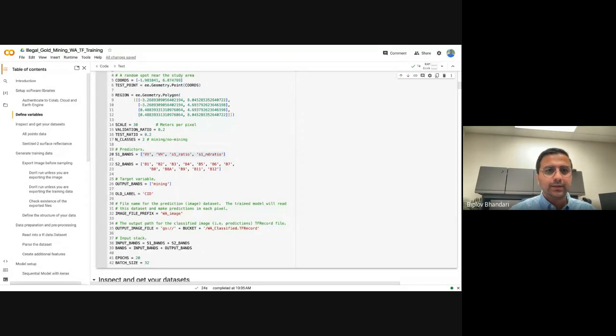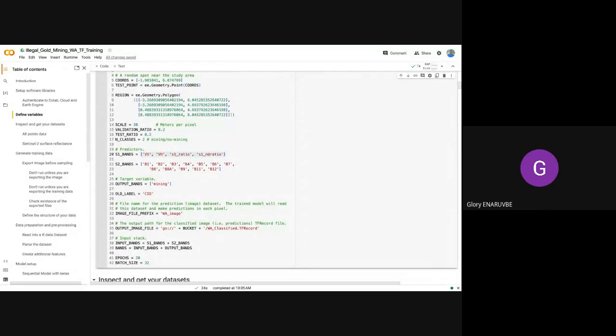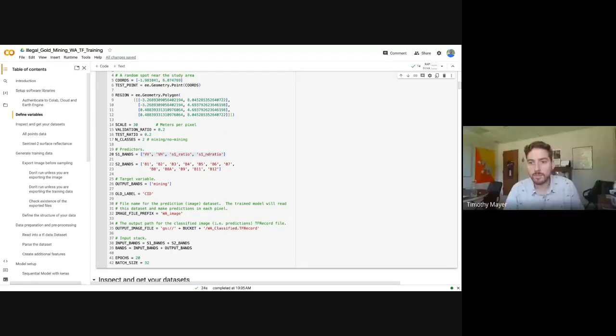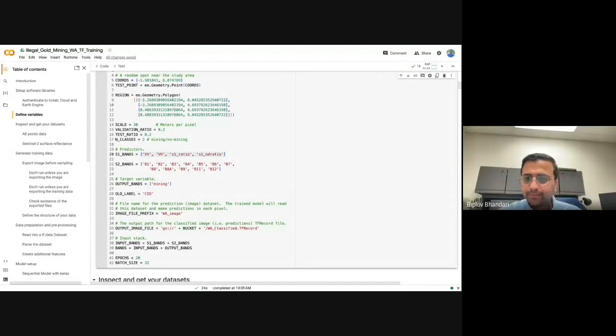Amil mentioned, sorry, Glory, go ahead. I was going to raise the same points that Salim raised about the error that we are not able to authenticate. But I think Tim is already addressing it. Yeah, if you give me your email address, I can add you to a Google group, and that will give you access to the space to compute. So if you run into that error, just keep sending it my way. Thank you, Tim.